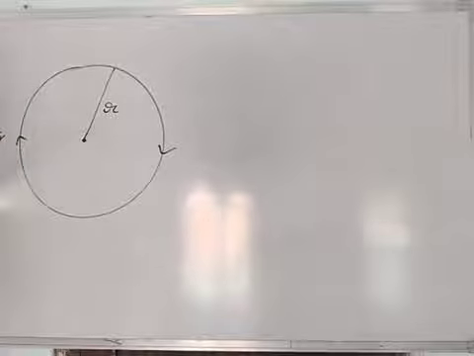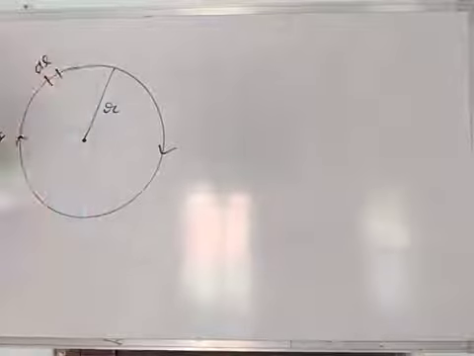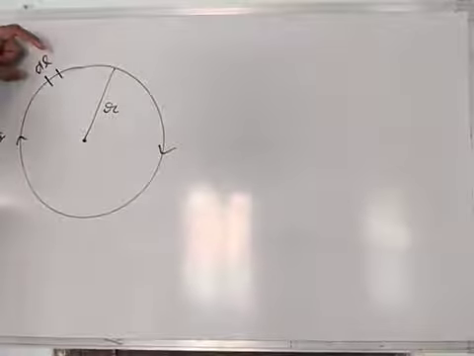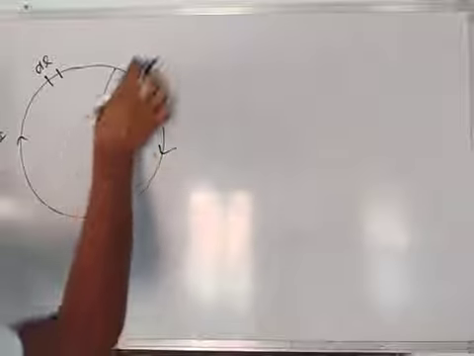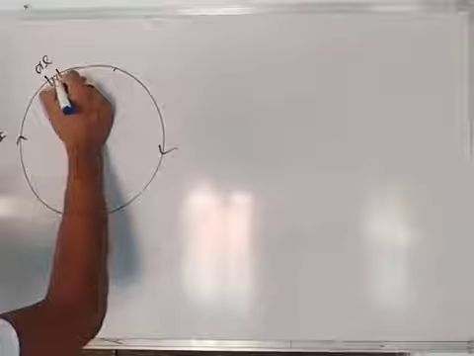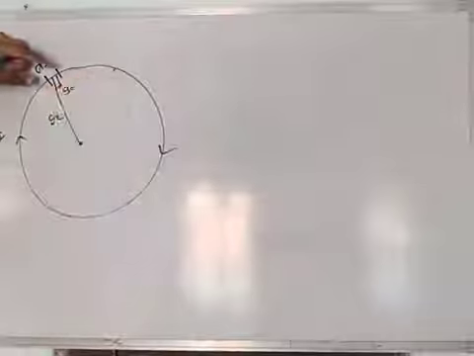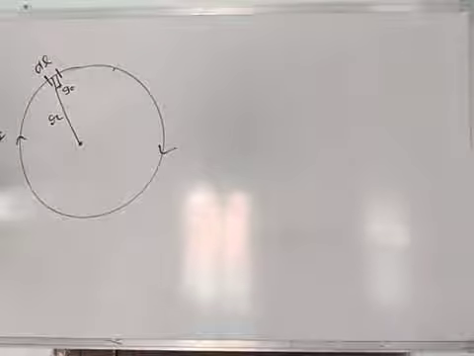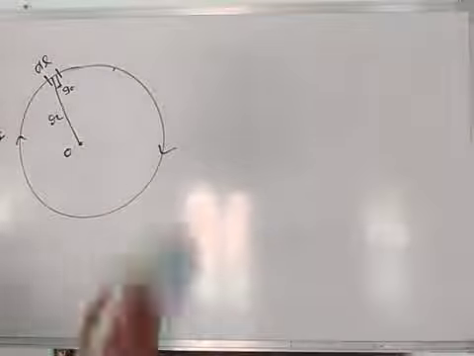First of all, we will consider a small element dl, because Biot-Savart law is applicable for a very small length element. The distance of this dl from the center is r, and you all know very well that the angle between the radius and circumference is 90 degrees. This theta is 90 degrees. Then due to this length dl, the magnetic field at O, at the center, we can calculate as dB